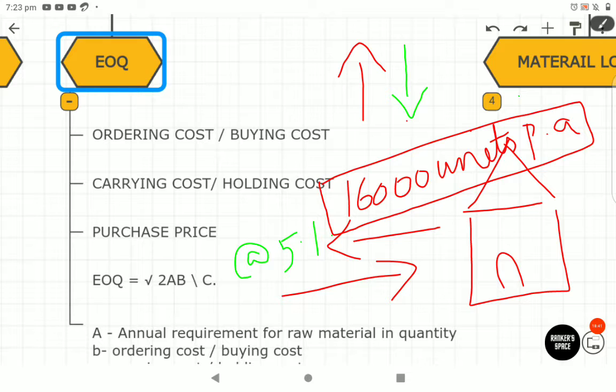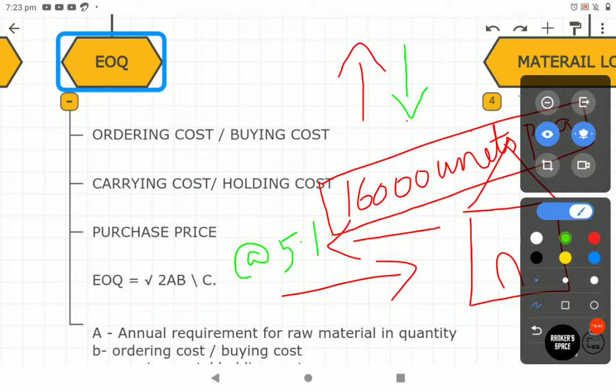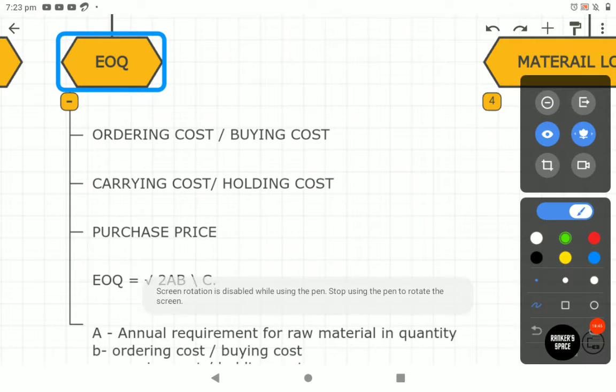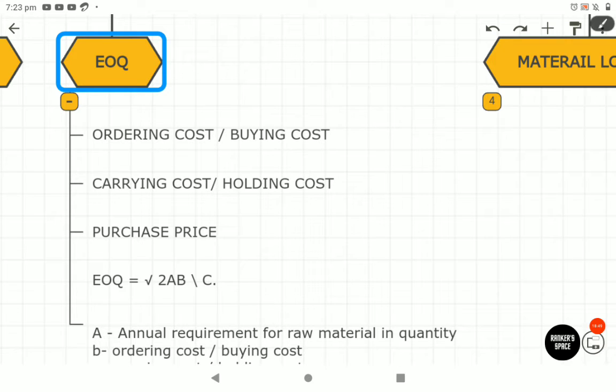Say, for example, let's take another case. Let's clear all this and take another case, where you are having, okay, let's take apple. Apple is very comfortable, right? You're having apples.